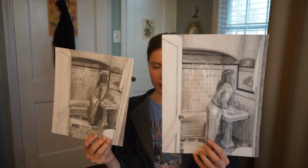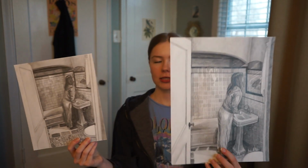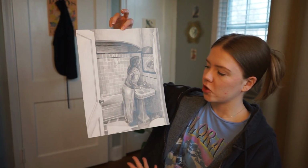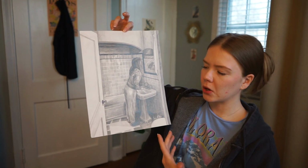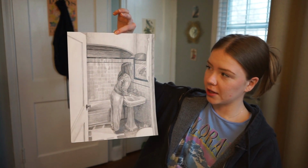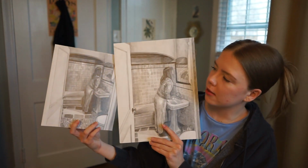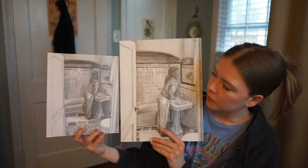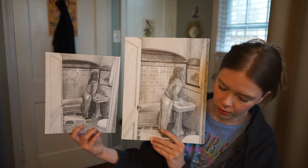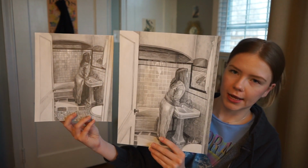So first of all, as you can tell, this one is a lot smaller than the one that I just made. This is the first sketch that I made, and then this had to be a little bit more refined and like develop the idea a bit more. I didn't really end up changing anything with the conceptual part of it, which I definitely should have, but I just couldn't really figure it out, and so I just changed the technical aspects that were not good. And then yeah, so a few of those things are the mirror, and then I changed the cropping a little bit, which you didn't mention, that just kind of ended up happening. I fixed the angle on the door and the tiles,